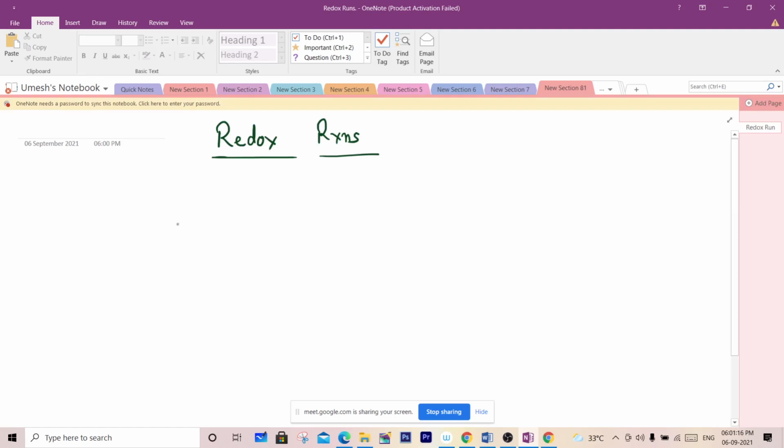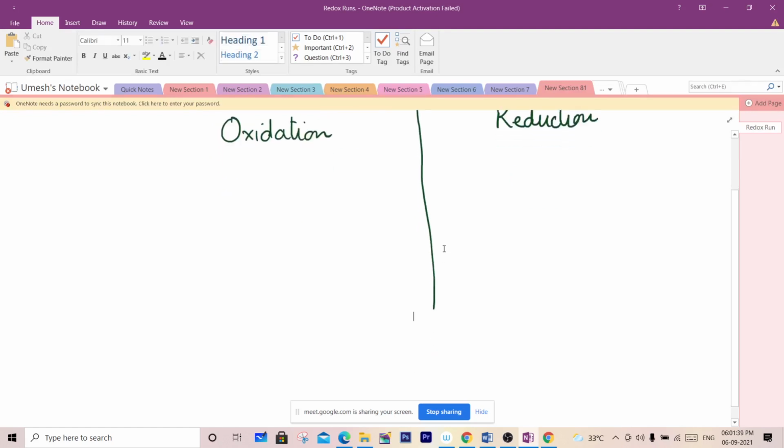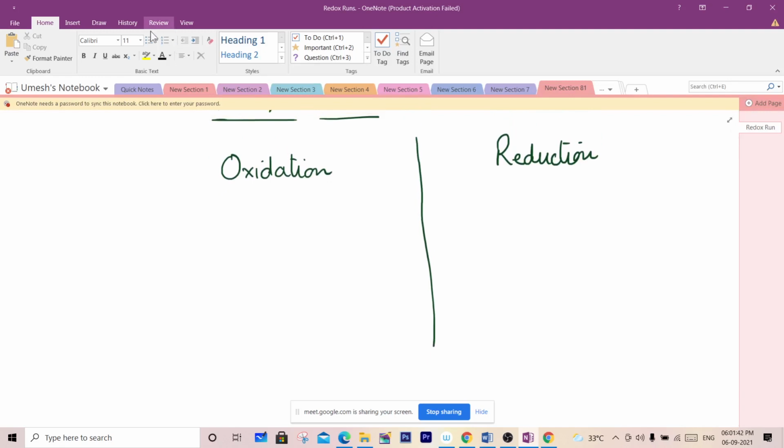To understand the redox reaction, first of all, we are discussing what is oxidation and what is reduction. What is oxidation? What is reduction? To explain this concept of oxidation and reduction, number one is the classical concept. According to this classical concept,